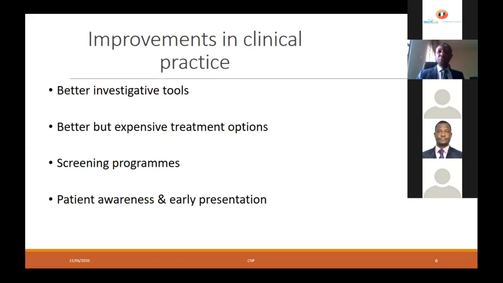In addition to that, we also have more expensive treatments. Better treatments, yes, but more expensive treatments. My previous speaker was talking about targeted therapy. There are treatments that are very expensive, and we therefore need to be very specific and very sure of the diagnosis before we embark on them. Because apart from being specific to the treatment, a lot of the drugs that we use have terrible side effects, and we need to be sure before we go on to use them.